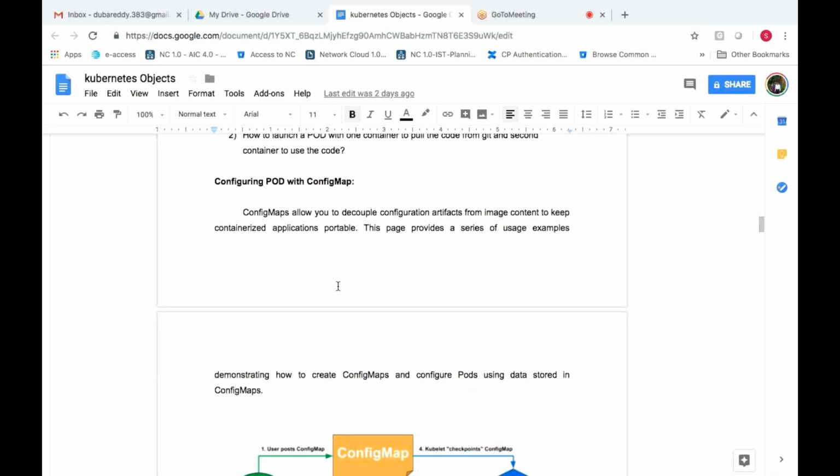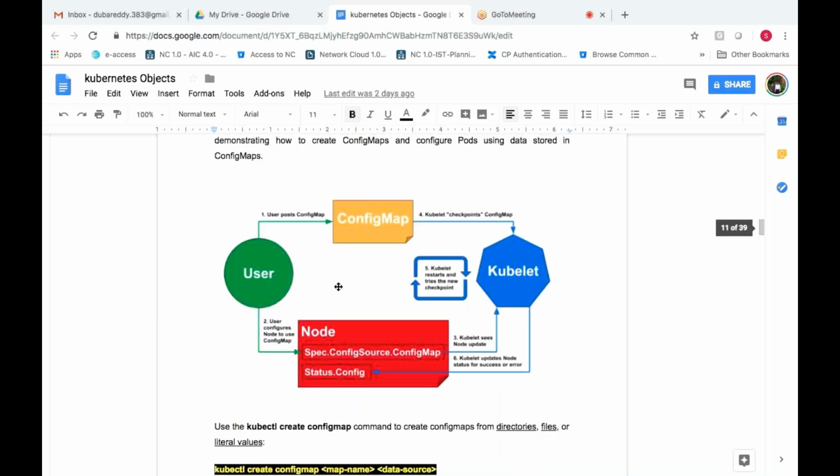Let's say in the container, if you want to pass some particular configuration files, it's now not required to give an scp command to copy after the creation of the pod. While creating the pod itself, you need to initialize the container with the configurations which you want to pass. Customized configuration, whatever it is, they want to launch with those customized configuration files. So you need to use a config map. You can pass the config map directly, or you can store it in a volume and attach it to the pod. So there are multiple ways. Both parts we have covered.